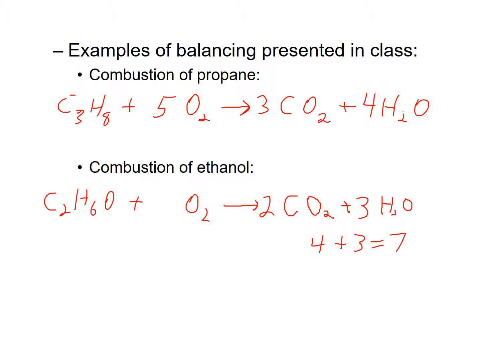And now I look at the oxygens. I see I have a total of 4 plus 3 equals 7 on this side. I already have 1 in my ethanol molecule, so I